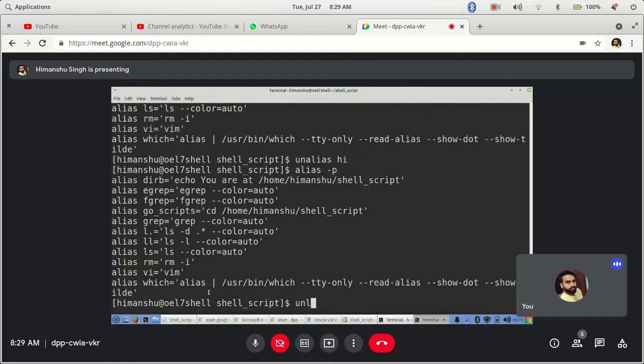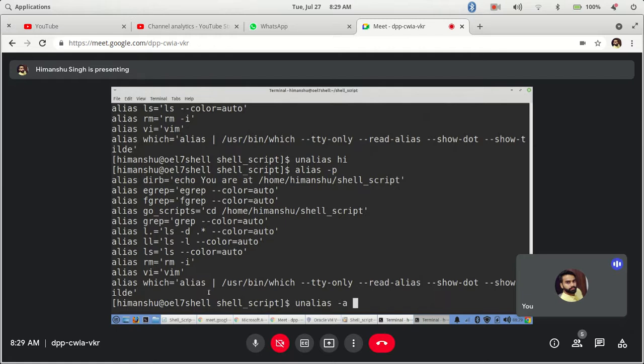If you want to do it for all, I will not run it, but unalias -a will remove all the aliases. You just have to define it again.